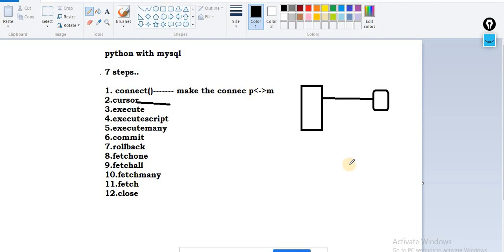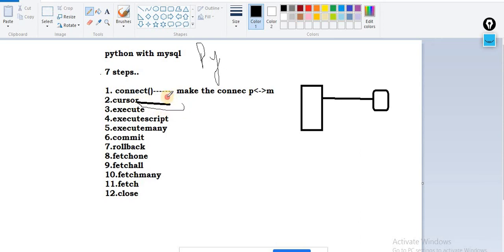Take a simple scenario: if I have a whiteboard and I want to write something, like Python with MySQL, I need a pen. With the help of this pen I write the content. That concept is called a cursor.